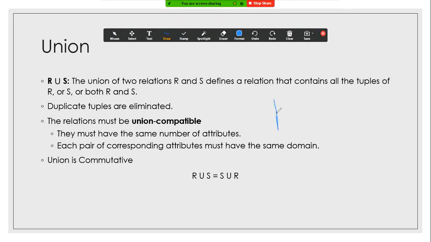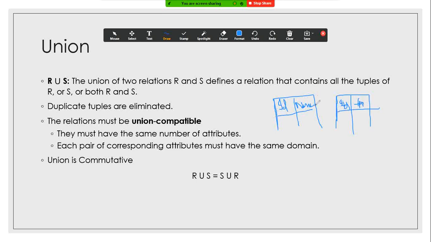we have this table as the first table, with ID and name, and then it has different records. We have this second table, and here we have student ID and first name.